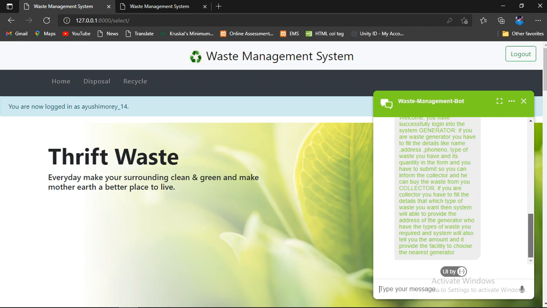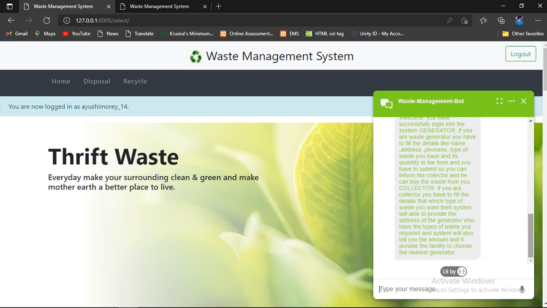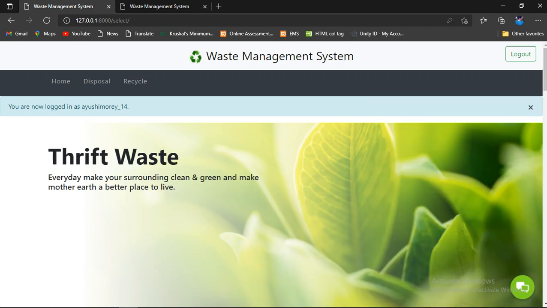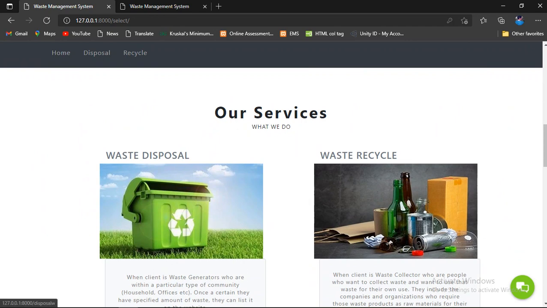See, the chatbot has replied that if the user has logged in to the system and has some generated waste, the user can dispose of that waste. And if the user has logged in as a waste collector and wants to buy some waste, he has to select the recycle tab. So the user can select the disposal and recycle tab through this navigation bar, as well as from these services by clicking on the images.